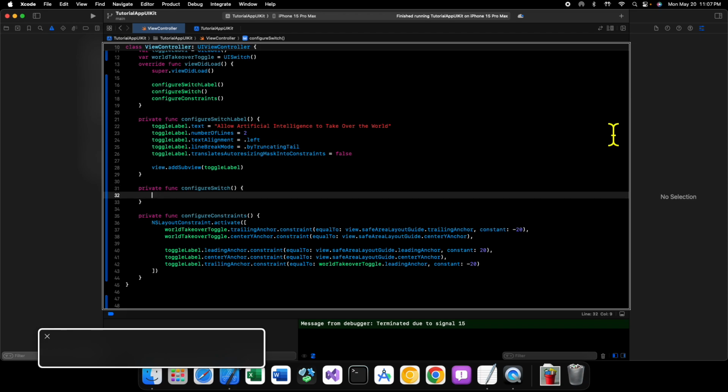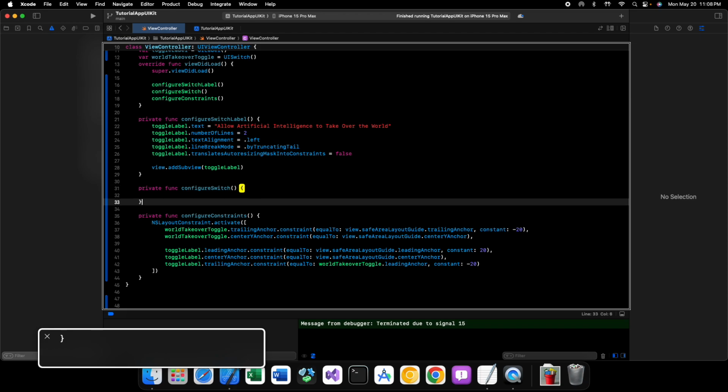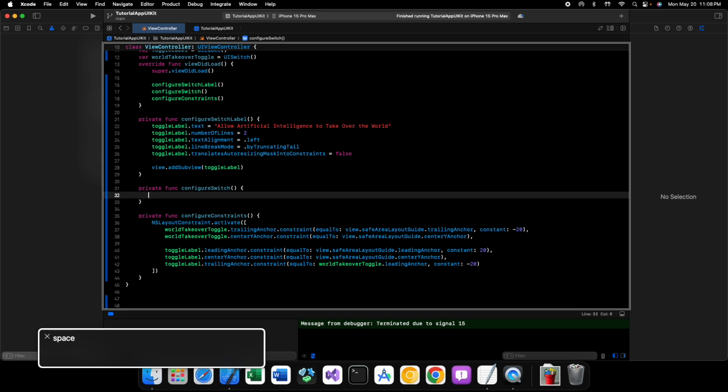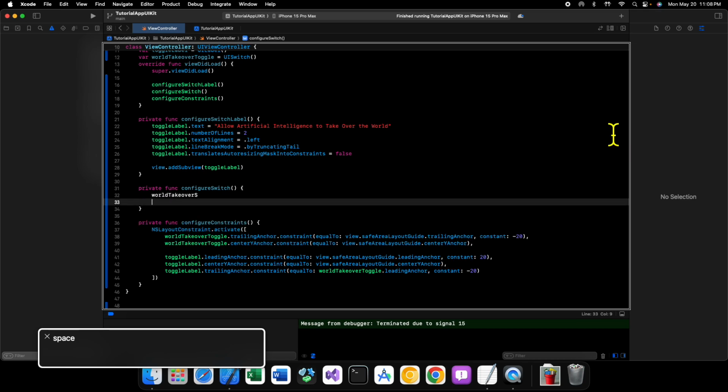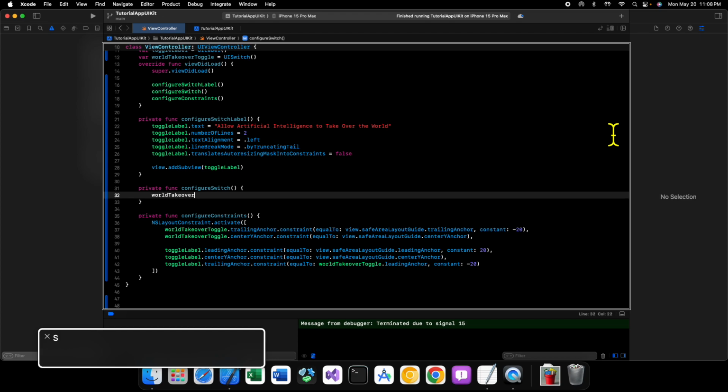All right, so inside of our configure switch method, we are first going to configure the tint color for the track on our switch, so you can see that we can in fact customize that. So let's say worldTakeoverToggle